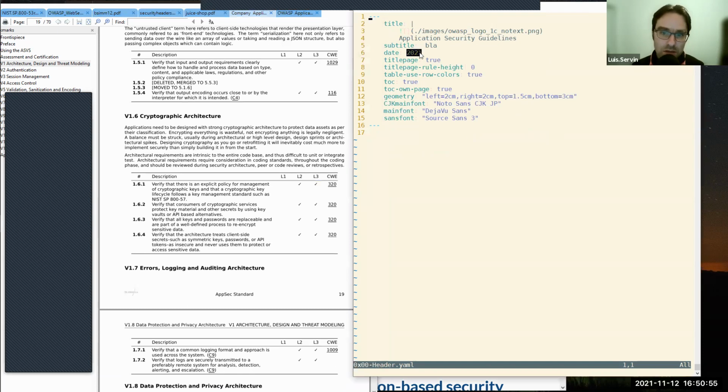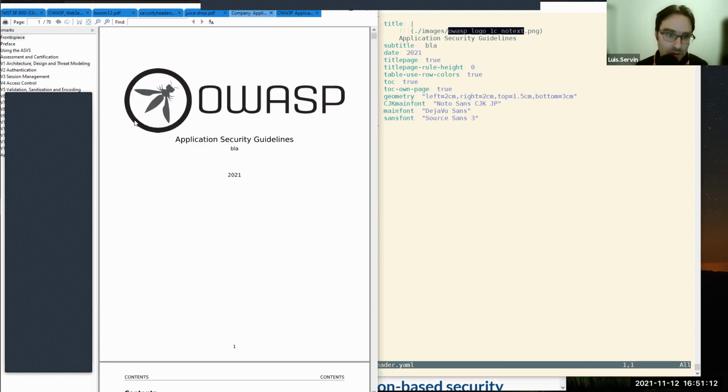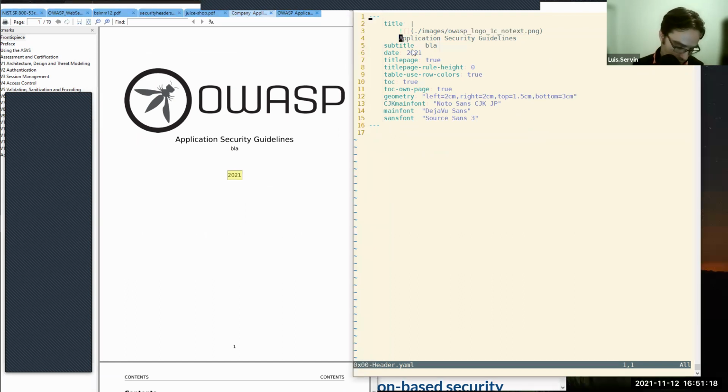But you can change the date. You can change the subtitle. You can change the title. You can add here again, I mean, if I had a nicer Glasswall or Open Security Summit logo, I could set the Open Security logo here, and then it would appear right here, right? So you can see here the text. So again, if I want to change it, I can say this is my